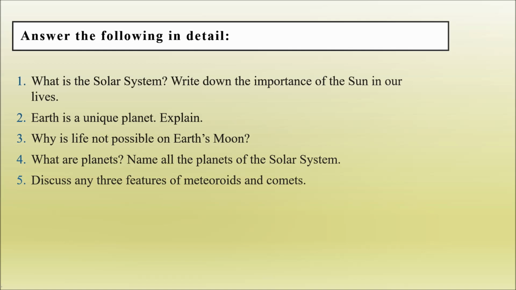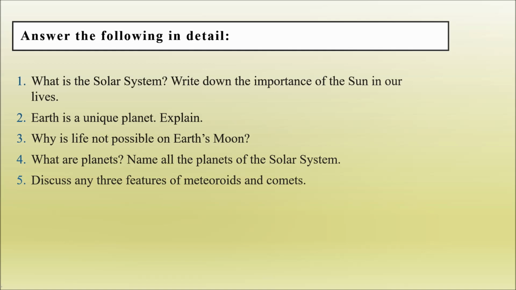Importance of the sun in our lives is source of heat and light. Without it, life would not have been possible on Earth. Sun's energy causes season. It causes water and air currents which cause movements of weather. Sun's energy is the basic requirement in production of food by the planets.